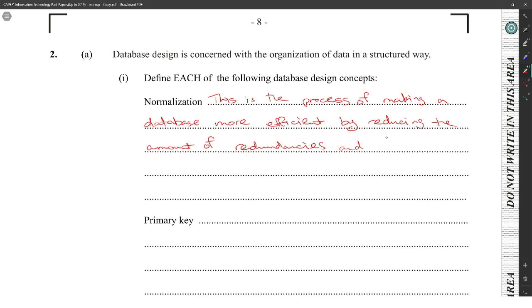and let's recall the errors again. Update errors. There's update errors, something errors, and what's the other one? Deletion anomalies, update anomalies, and something anomalies. Insert, yeah, right. Redundancies and anomalies, and I'll just put in brackets deletion, update, and insert. Something like that. You can't go wrong with the answer because there are so many things inside there that you